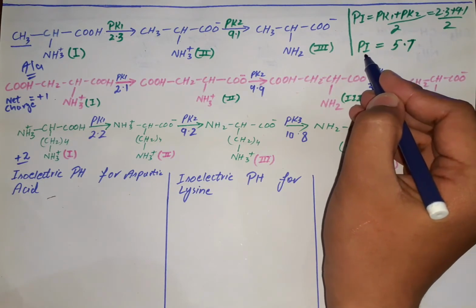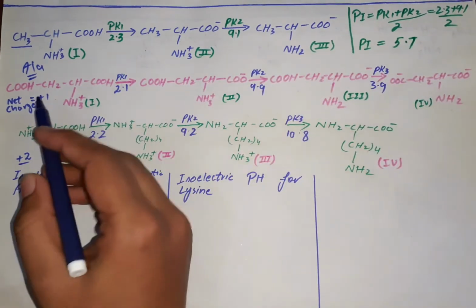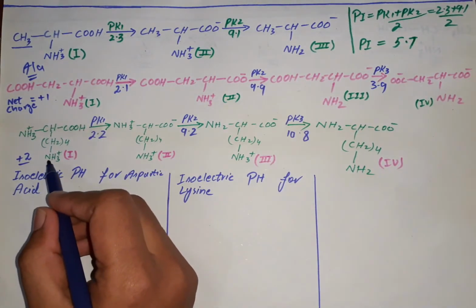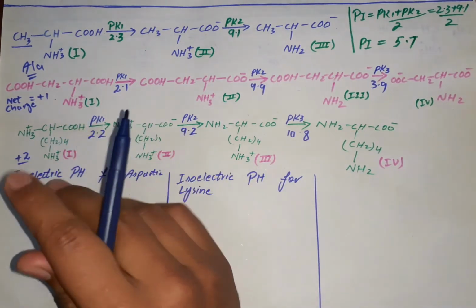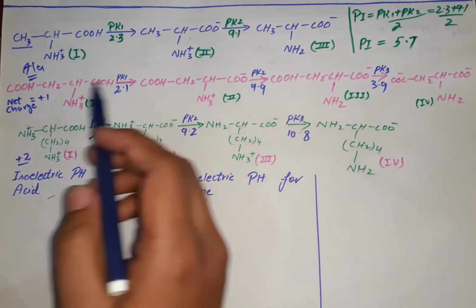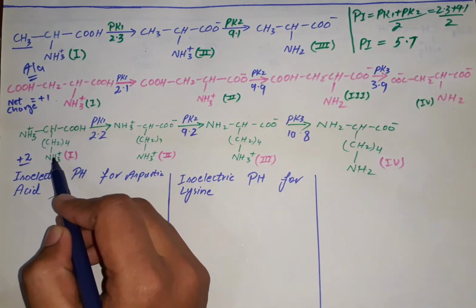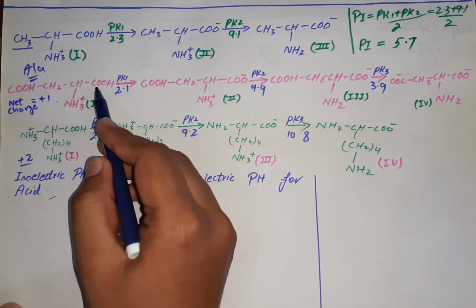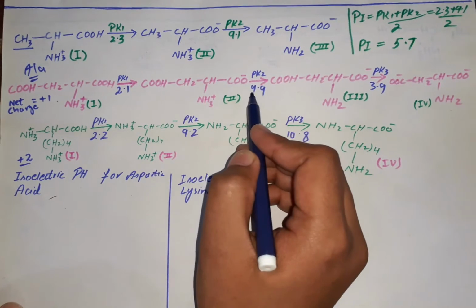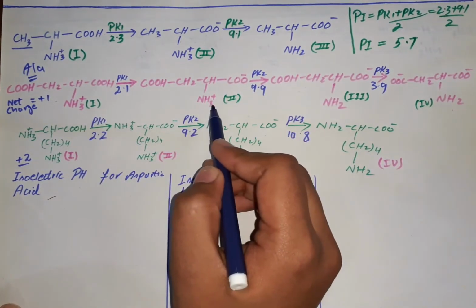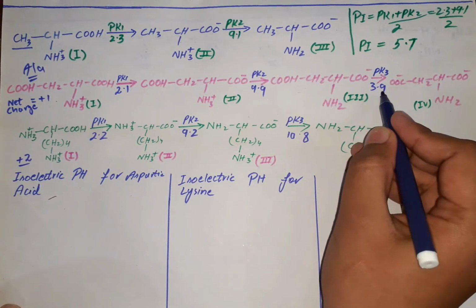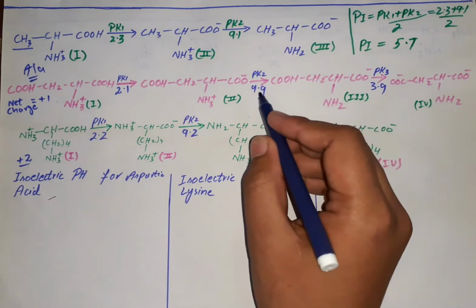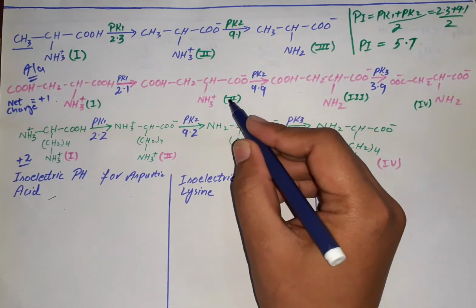in order to know its isoelectric pH at which it will exist in zwitterion form. But when we come to aspartic acid, which is an acidic amino acid, or lysine, which is a basic amino acid, it becomes difficult to calculate the isoelectric pH, as they have 3 pK values and their side chain is also ionizable. So this is aspartic acid. At pH 2.9, its carboxylic group loses its proton. At pH 9.9, its amino group loses its proton, and at pH 3.9, its side chain deprotonates. So, which pK value should be used in order to calculate its isoelectric pH?